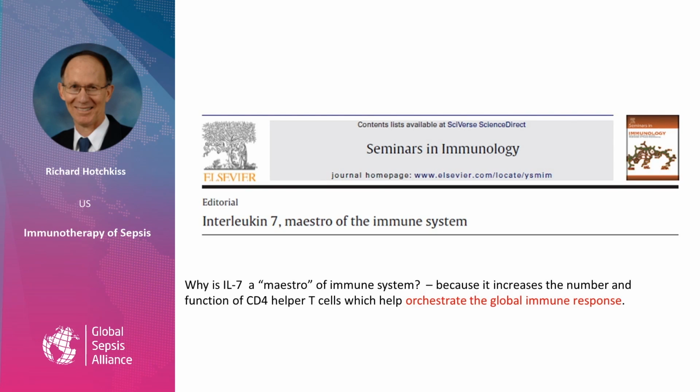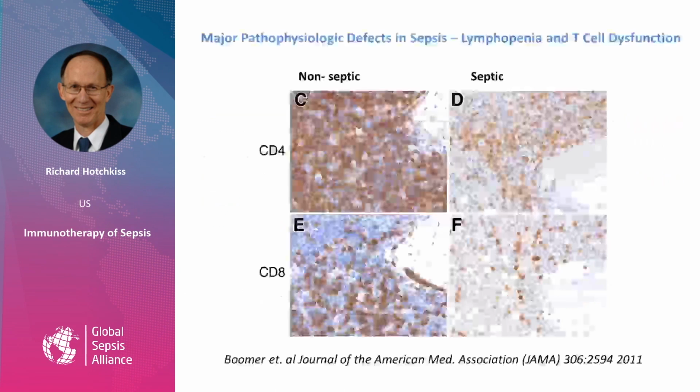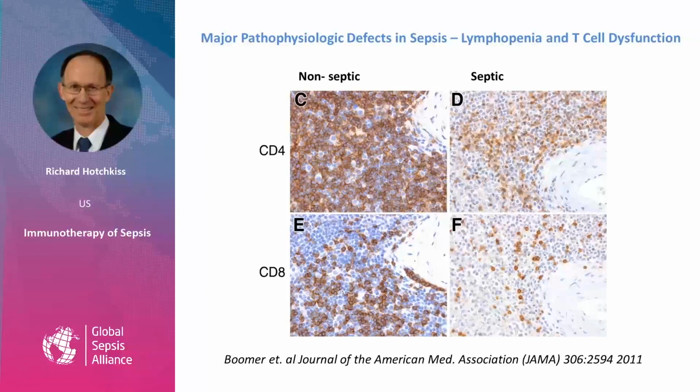As you know, in HIV, it's the loss of the CD4 helper cells, and they are critical in coordinating the immune response. Previous studies from our group, as well as others, have shown that when you obtain different lymphoid organs, including spleen or other organs, from patients who died of sepsis, and you compare them to patients who died of non-septic causes,